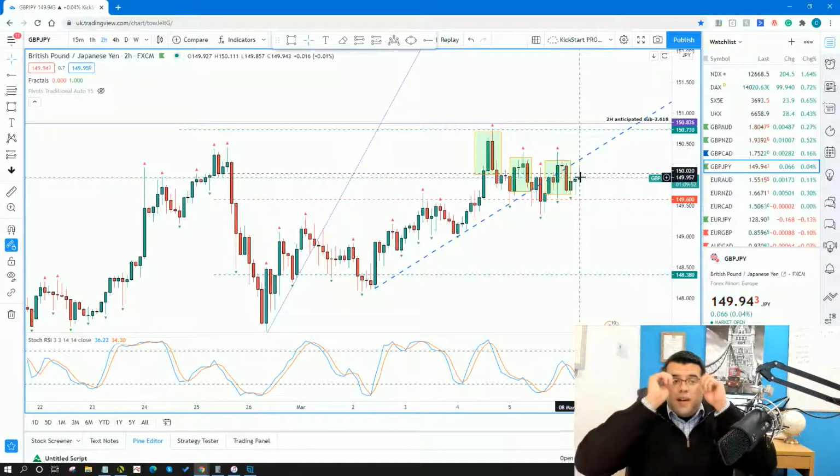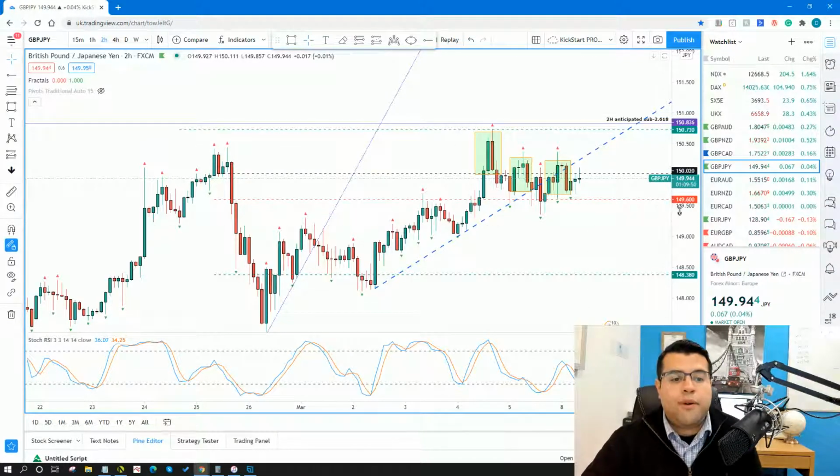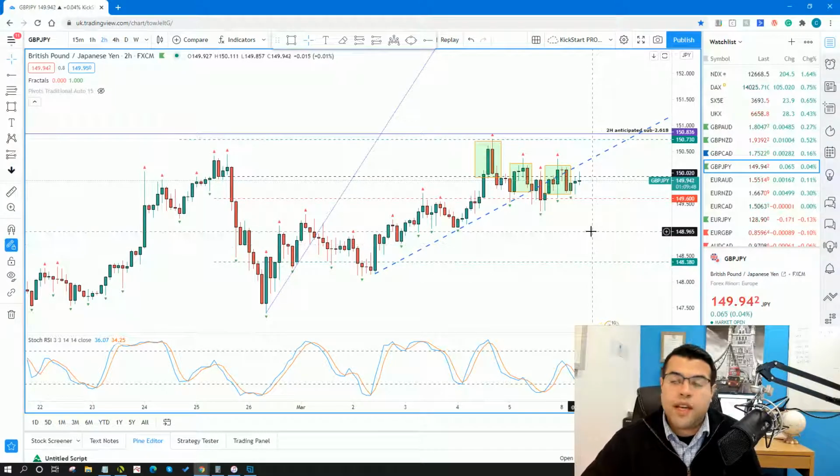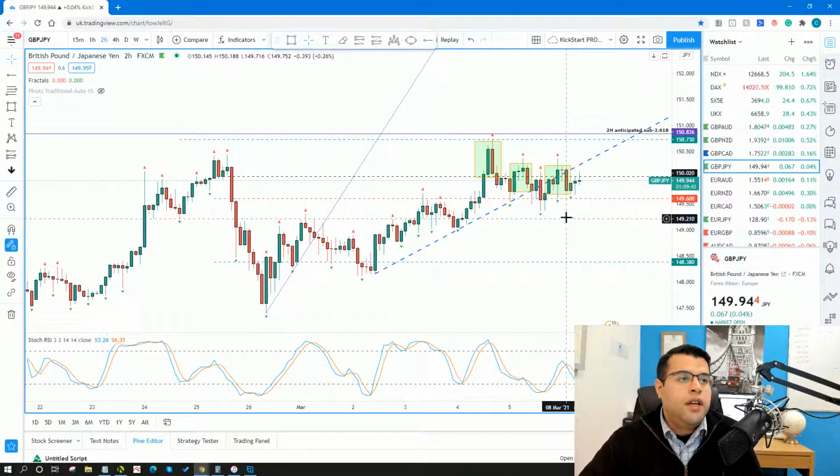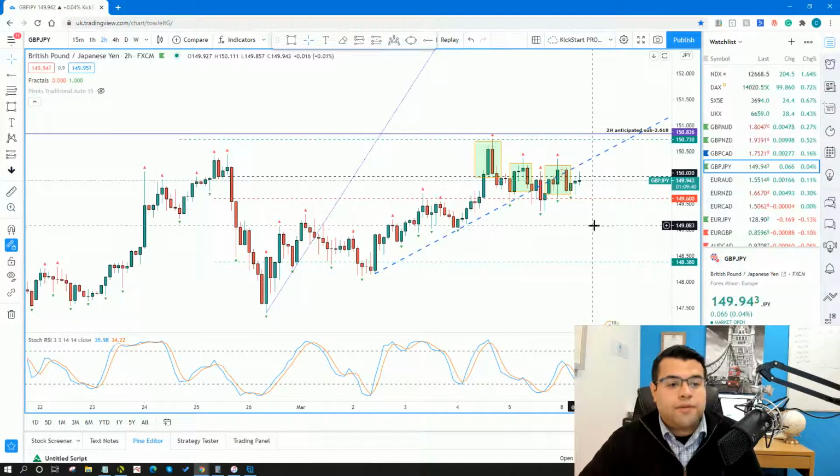We still have a while to go yet before we get to the close of the candle. So I'm not going to close. I'm going to ride this out, right? I'm going to just leave it alone and see what happens at the end of this candle, with about an hour and 10 minutes to the close of this candle here.